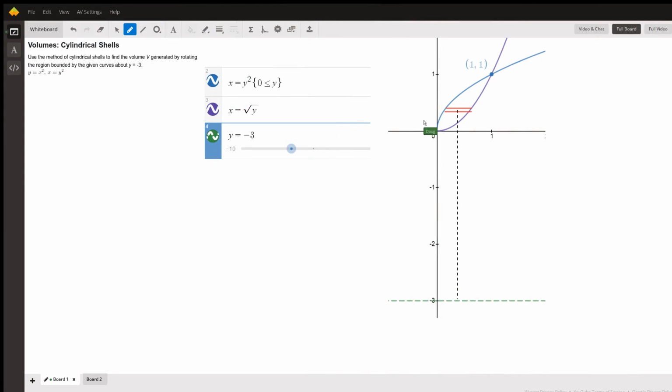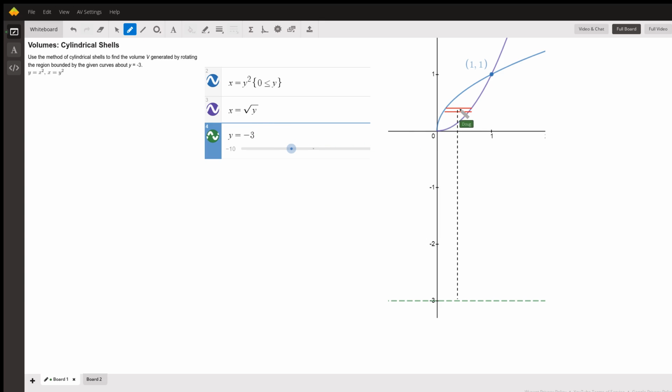Okay, over here to the right is a graph that depicts the situation. This is the axis of revolution right here, this green dotted line, y equals -3. And x equals y squared is this graph right here. And y equals x squared, I've changed that into x in terms of y, because we're going to want to